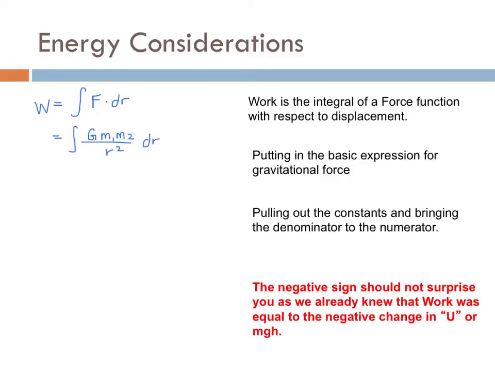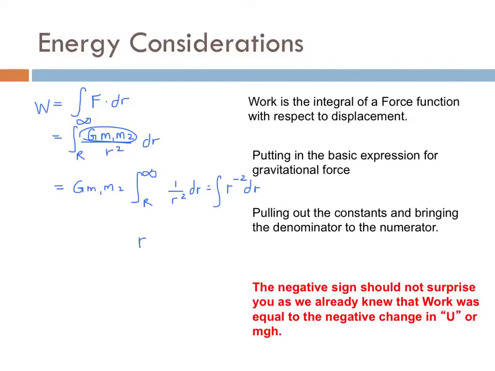We want to take the integral of that from a distance r to infinity. Well, G, m1, and m2 are all constant, so we can pull those out of our equation. And all we're left with is 1 over r squared dr, or just r to the negative 2. When we take the integral of that,